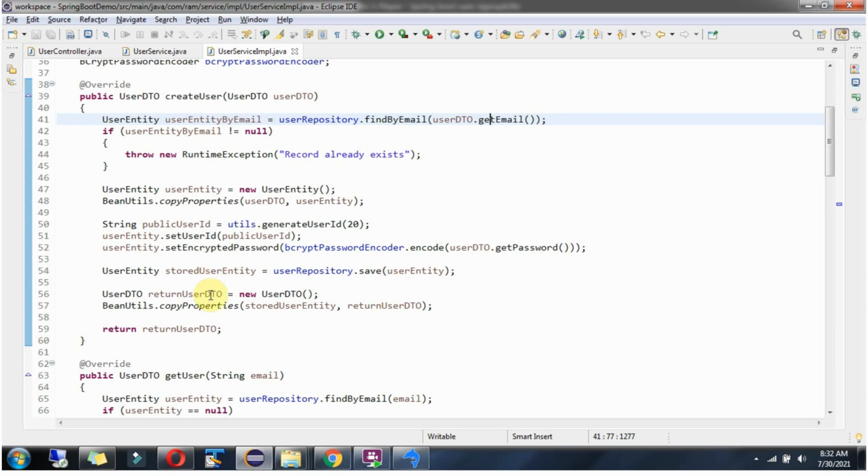Then I am creating a return user DTO object and copying property values from the stored user entity object to the return user DTO object. Then I return the return user DTO object to the controller layer. Next we will see the generate user ID method,